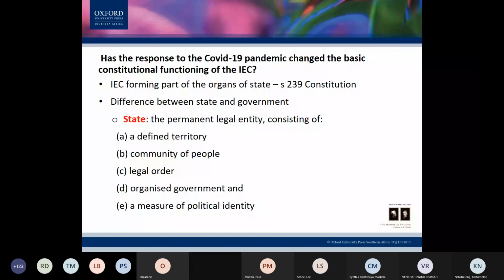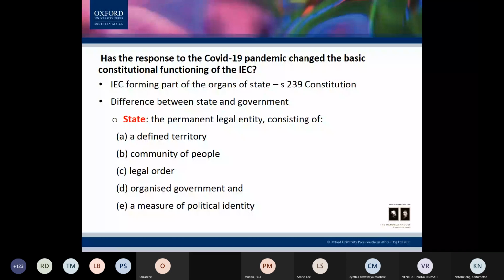A state is a permanent legal entity. A state is the permanent legal entity consisting of a defined territory, a community of people, a legal order, an organized government, and a measure of political identity. These are 5 elements